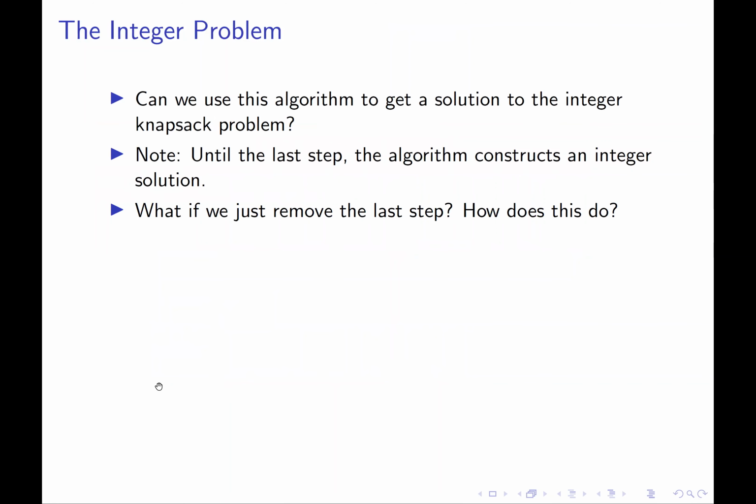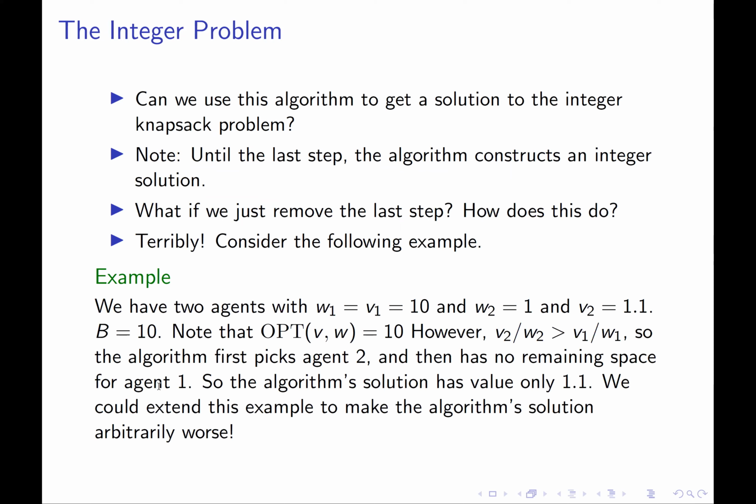And so one thing you might think is, okay, this algorithm almost works for us. It almost comes up with an integer solution. It provides a solution in which everybody except for one person, bidder I, receives an integer allocation. What if I just skip that step? What if I just don't give out that fractional allocation? Might that already be an approximation algorithm to our problem? And the answer is no.